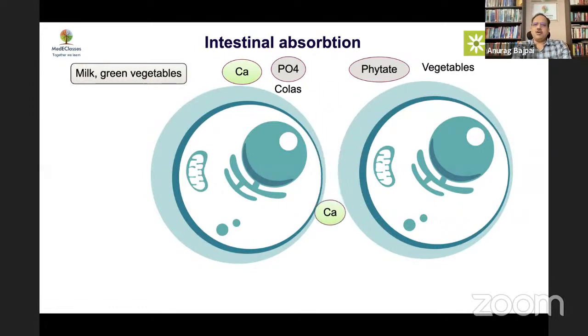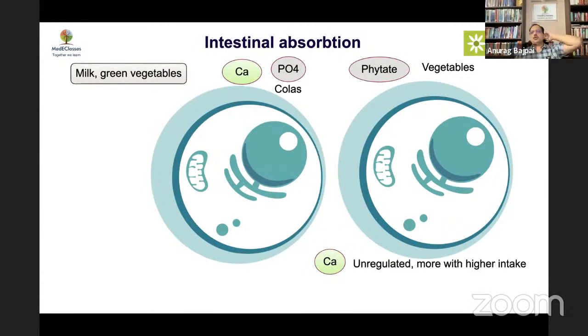Now, calcium absorption through the paracellular route, in between the cells, is a passive process. This process is not regulated by calcitriol. So if you're taking more calcium beyond a particular level, beyond 1500 milligrams, you may have hypercalcemia. The transcellular process is actually a very active process. It requires a lot of energy. It requires channels which take calcium inside.